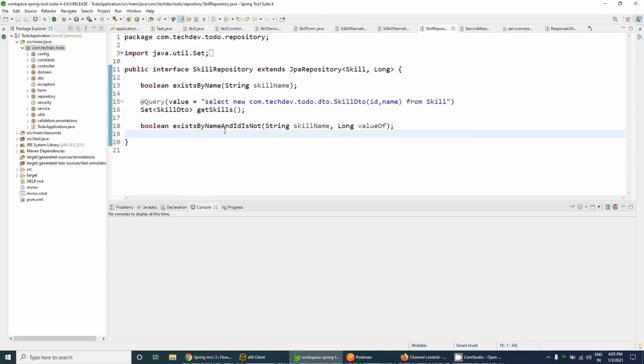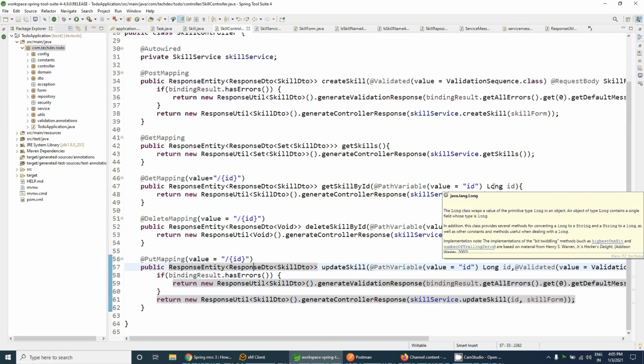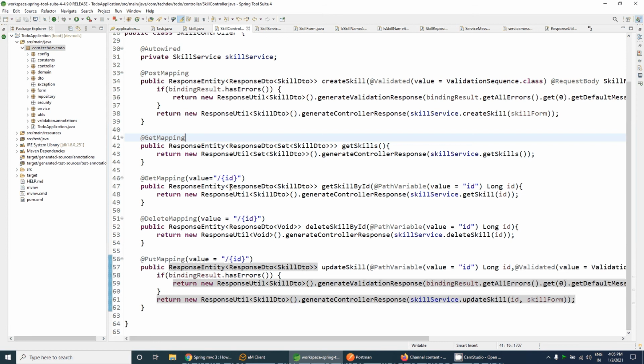In this video, I will show you how you can validate your path variable using interceptors. Suppose we have the skill controller, and in my last few videos I have shown you that we are using the path variable to get the skill ID. So to get the skill ID, we are using the path variable. And suppose I give the wrong ID, one that does not exist. Then how will you validate that?